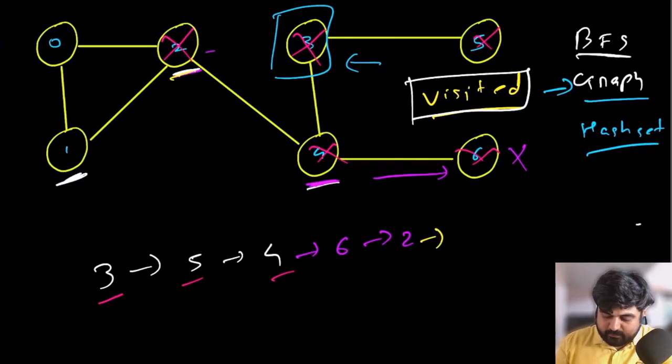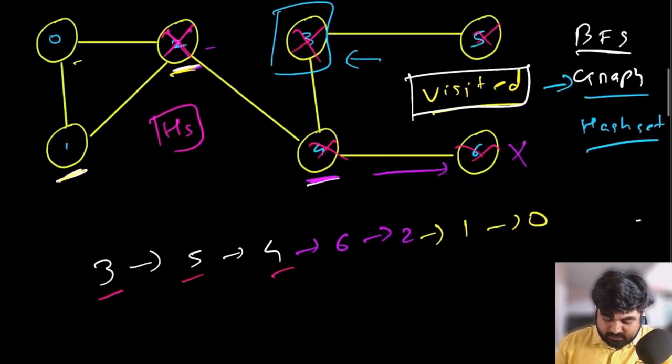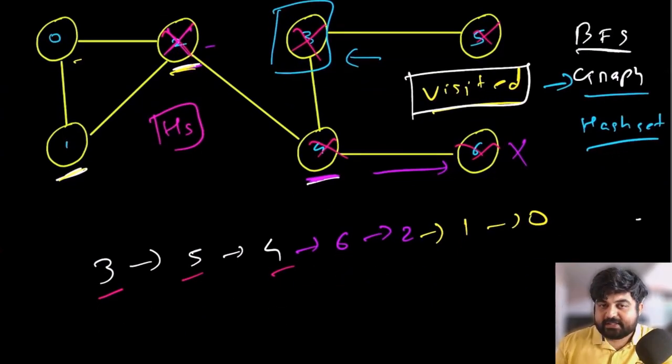So from this 2, we have 2 neighbors, 1 and 0. So 1 and 0 are the neighbors. And remember, all the nodes that I just mentioned that we have visited, we are going to put them in a hash set. Okay. So a hash set would be able to quickly tell us whether any node has been visited or not, because it operates in big O of 1 time complexity to find whether any element exists inside the hash set or not. And that is why it is a great way to use a visited hash set.